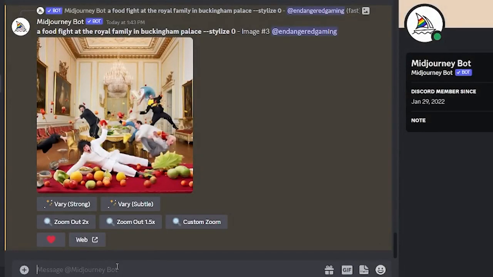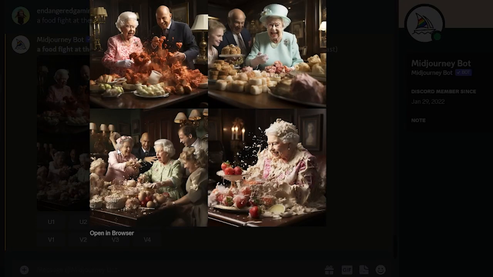Now let's see what happens if we give it complete and utter freedom. And we put it at 1,000. All right, well, interestingly enough, by giving it more creative freedom, it introduced more characters that look like members of the royal family. The faces and positioning of the characters is certainly a lot more believable. I absolutely love this final image with the Queen absolutely drenched in what appears to be cake and milk. Again, with that higher stylized feature, it's not exactly a food fight, but there's definitely food exploding around them, which